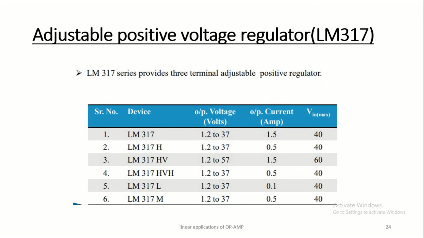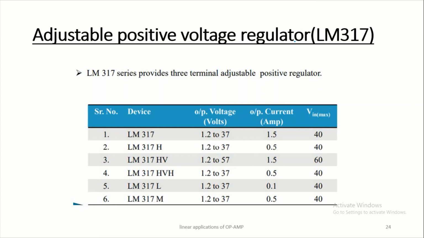The solution to all this is an adjustable output voltage regulator. Adjustable voltage regulators have advantages over the fixed voltage regulators. Adjustable voltage ICs have adjustable output voltage like 1.2 volt to 57 volt, better load and line regulation, better overload protection, and high reliability under 100% thermal overloading. The LM317 series is the most commonly used general purpose adjustable voltage regulator. The LM317 series provides 3-terminal adjustable positive voltage regulators.